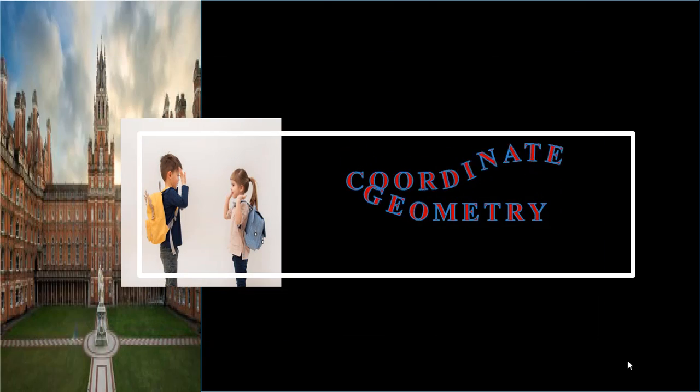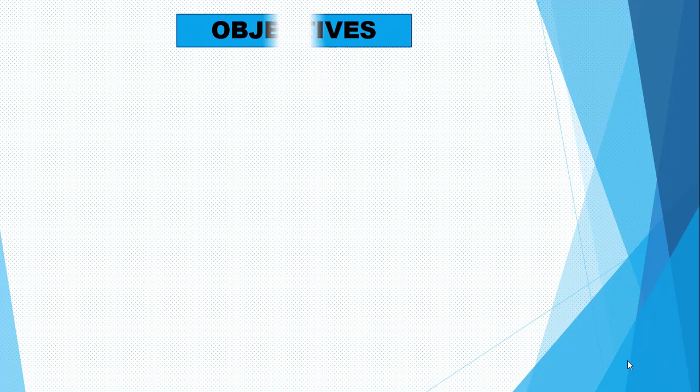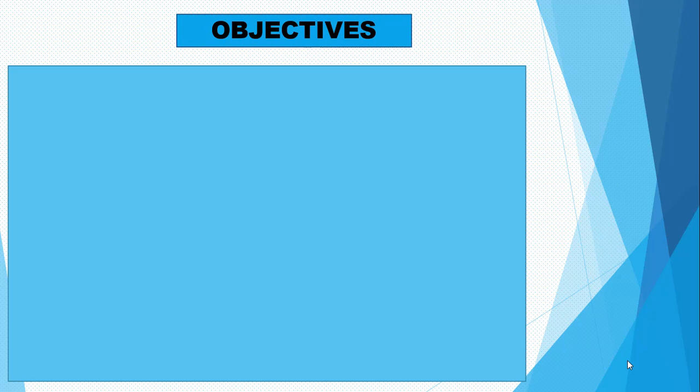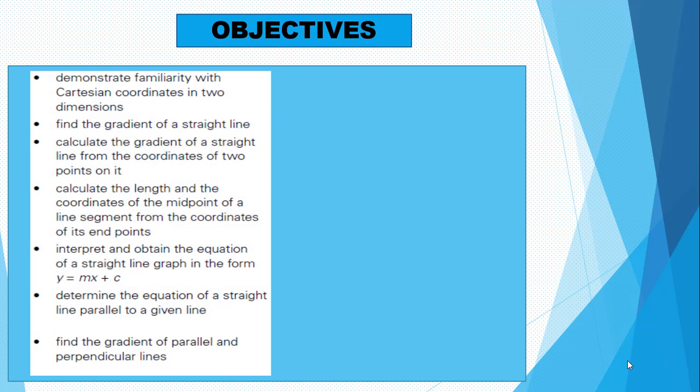Students, there are certain objectives that we have to attain in this topic of coordinate geometry. Number 1, demonstrate familiarity with Cartesian coordinates in 2 dimensions. Number 2, find the gradient of the straight line. Number 3, calculate the gradient of a straight line from the coordinates of 2 points on it. Number 4, calculate the length and the coordinates of the midpoint of the line segment from the coordinates of its